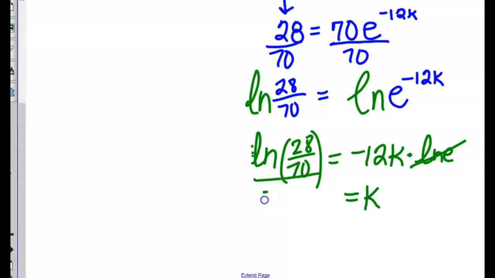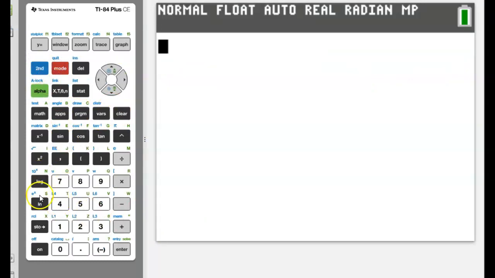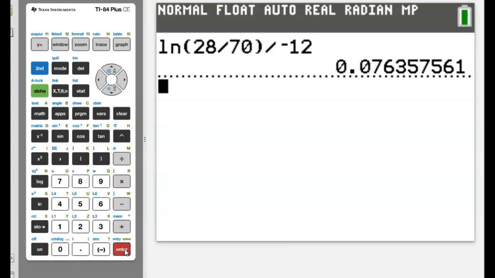Divide by negative 12. All right, so I just didn't want to pick up my calculator till I had to. Natural log of, was it 28 over 70, guys? Close parenthesis and divided by negative 12. Did I remember right? Yeah. Okay,